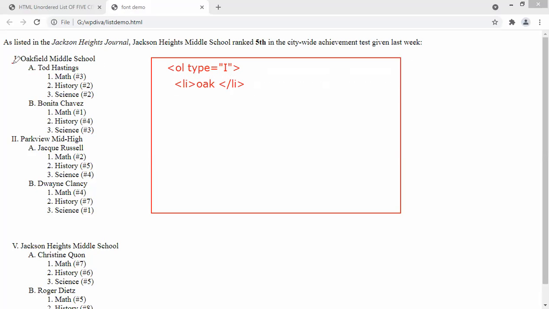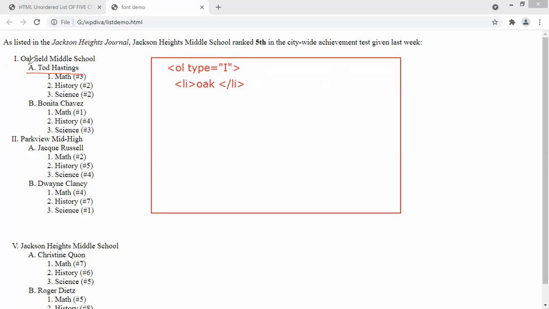When I took the Roman ordered list and then added a list item, that is oak field. So my first list item is added here, guys. Now what I am doing in that, again I am taking one ordered list saying A and B. There are two ordered lists inside this ordered list. So let me take this now.